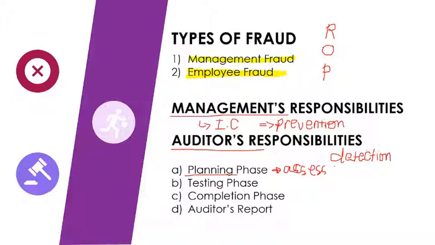So if employee kato, it's the susceptibility of assets to misappropriation or risk factors relating to controls. So ing-ana nga mga instances. So you just scan it yourself sa inyong book. There are a lot of risk factors there. So kato siya is mga examples na lang, so pwede rin ninyo basahon on your own time, no? So next, let's move on to the testing phase.